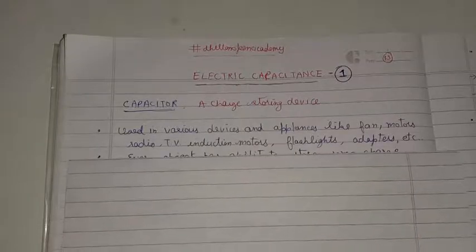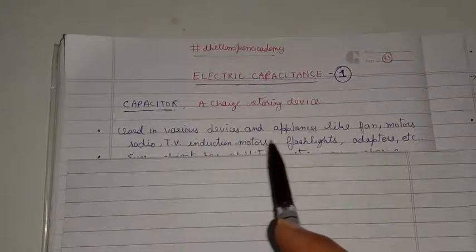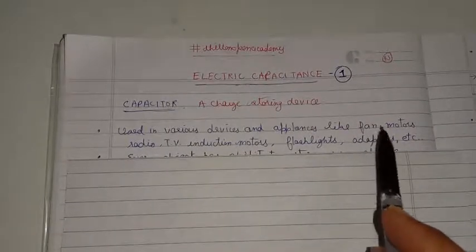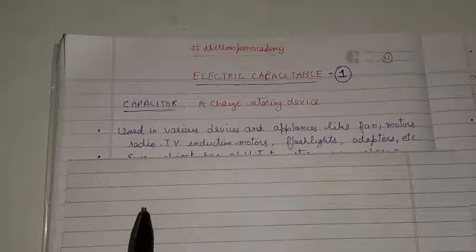electrical circuits. For example, it is used in various devices and appliances like fan motors, radio, TV, induction motors, flashlights and adapters. In fan motors or in the induction motors, the main function of the capacitor is to provide a phase difference between the current and the voltage so that a proper speed of the motor can be maintained. In the radio or the TV circuits, it is not only used in the filter circuits, but it is also used for the tuning of a particular channel in the radio or